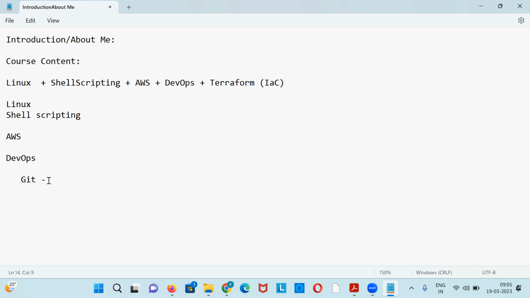That is your source code. Whatever source code the developer writes should be tracked and maintained properly. He will write tens or hundreds of lines daily, so someone has to track and maintain the code, right? That is what Git will do. It is a source code management tool, a version control management tool, that we are going to learn.